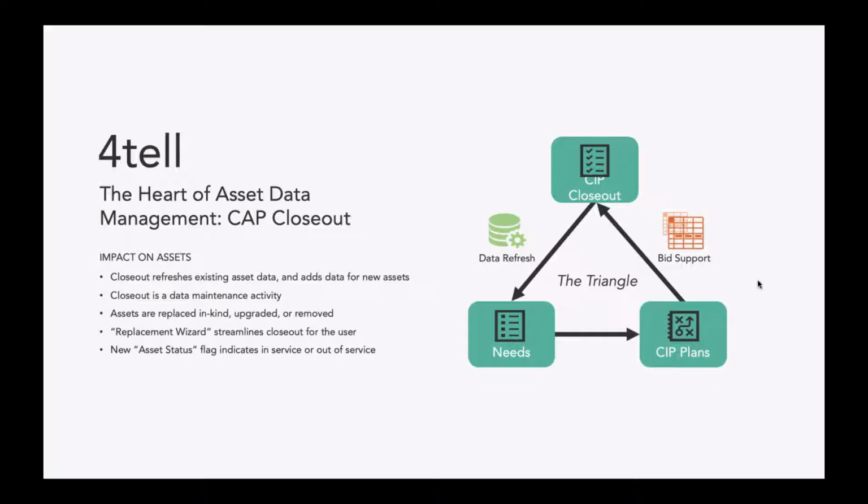Then finally, all of those plans eventually go off into capital construction and sometimes capital eligible maintenance activities, but the work gets done. And if that work isn't reflected back in your planning system, then you're making decisions on data that's not healthy. And that really is the missing piece for most organizations that supports the continuous improvement. So let me talk a little bit more about that. I think the next slide,